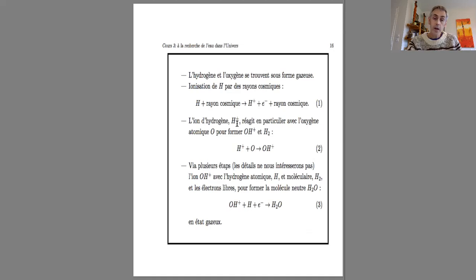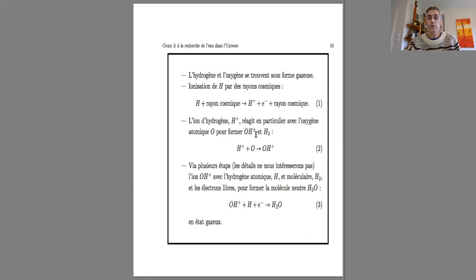So then we have a proton, basically a hydrogen nucleus, which is positively charged, floating around in the interstellar medium. And there's oxygen around, because oxygen is a relatively abundant atom. And so this hydrogen ion, now we're getting into the chemistry, reacts with the oxygen atom to form